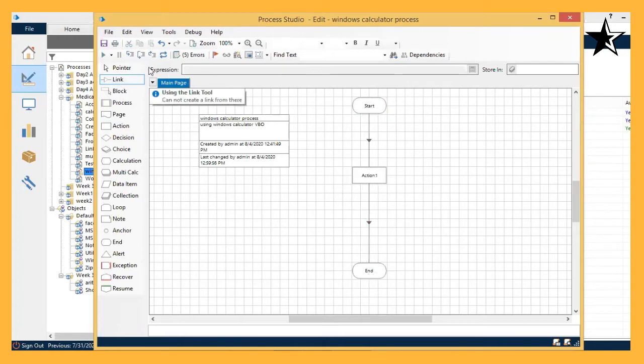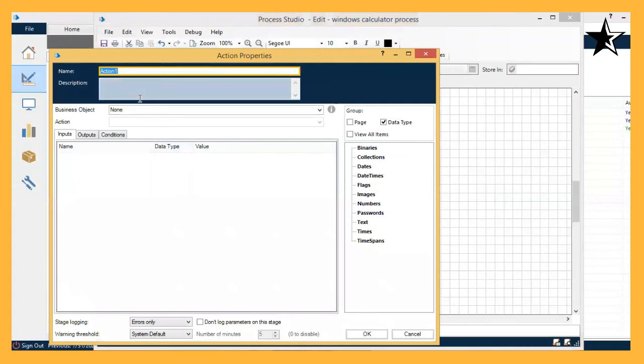Launching the application is done. An error is showing because we have not defined the action, so I need to double click onto the action property, launch the Windows calculator.